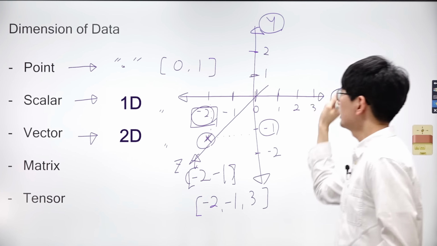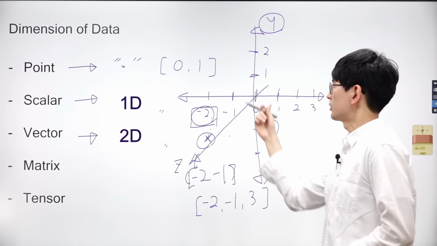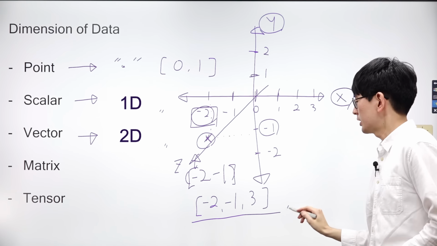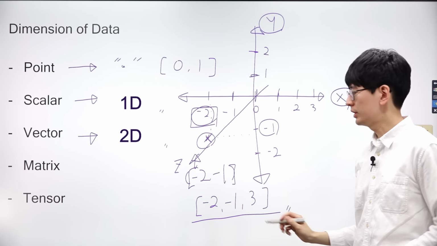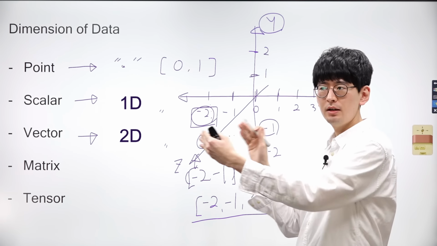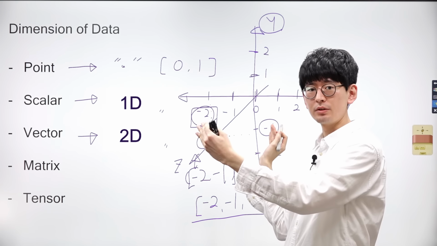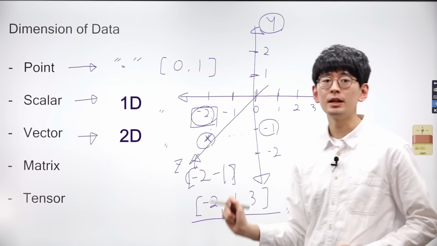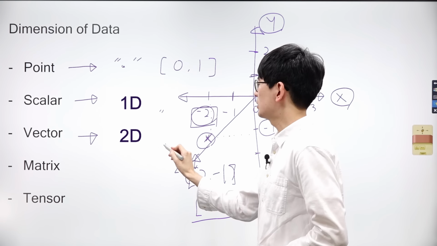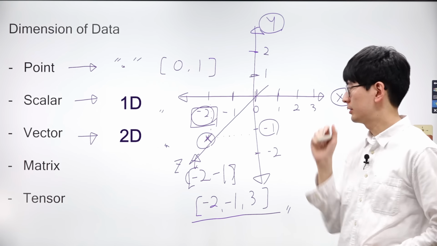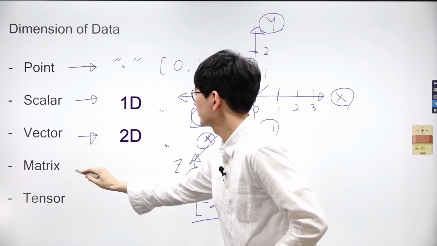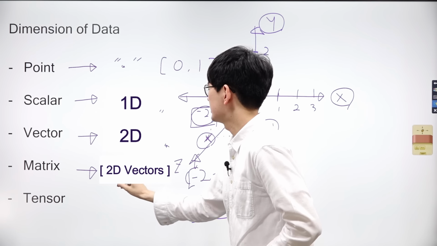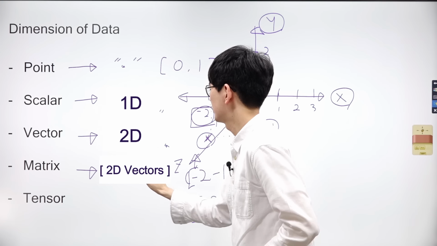Earlier, I said a vector is two-dimensional data, but it doesn't mean that there are 2 axes, and the number of axes can grow larger. They can grow, but still all of the information can be represented as a single line of scalars. That's why it's a vector. Vectors can be thought of as lists of scalars lined up one after another. Of course, the mathematical definition might be slightly different. But for now, if every piece of information is listed in a single line, we'll call it a vector.